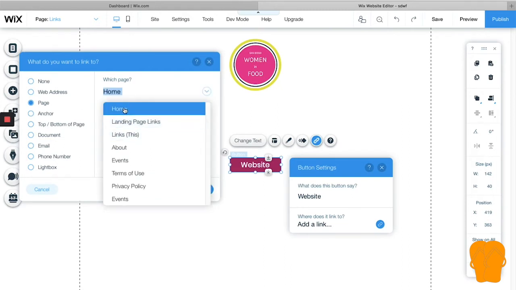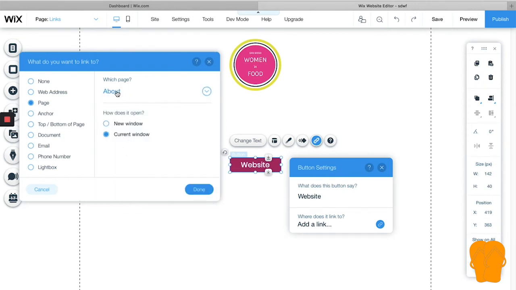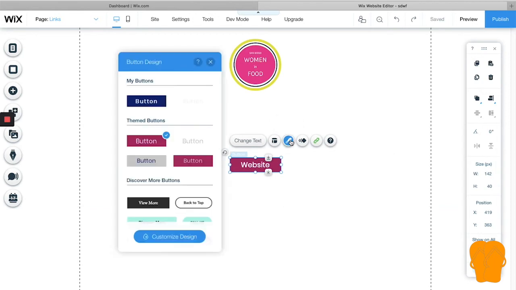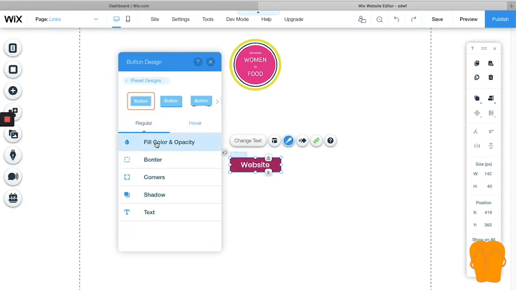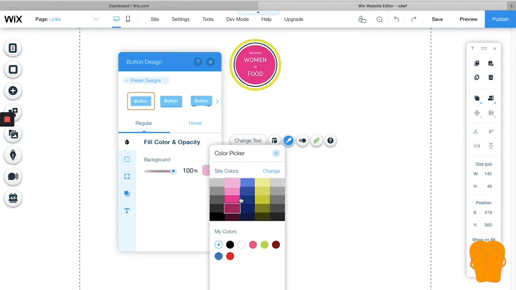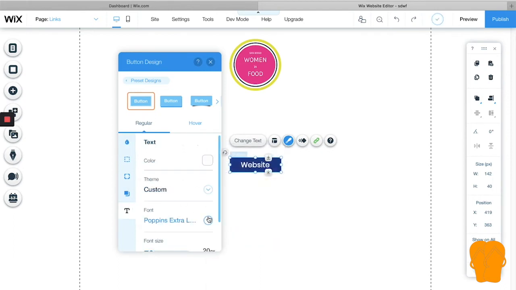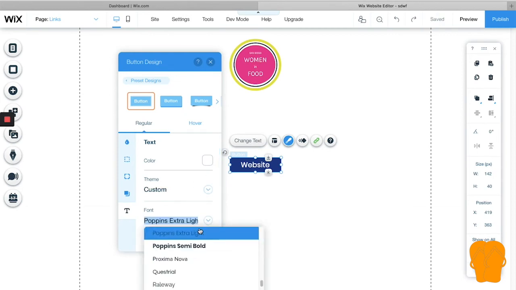Perfect. Now we just want to make it look pretty, right? So back under design, we've picked this button and we're going to customize it all the way at the bottom. Here you can really play around with the color. Maybe we want to go with that blue color. You can change what font you're using. Now if you've set up a theme, you can use that here. I did not for this particular demonstration. So we're just going to pick the font that I've been using on this site. Don't really want it to be bold, and I do want it to be a little bit bigger,